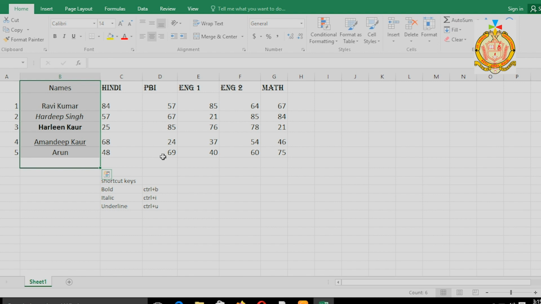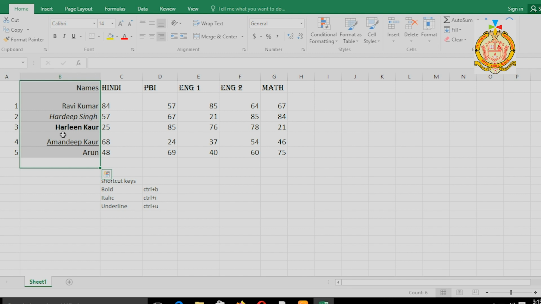Next, again I am going to make a change here, selection selected and then left. Then all the selected portion is going to the left side.